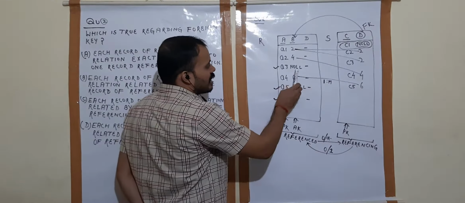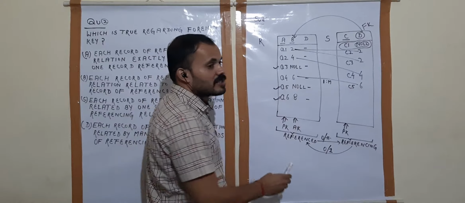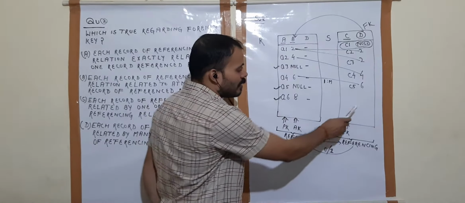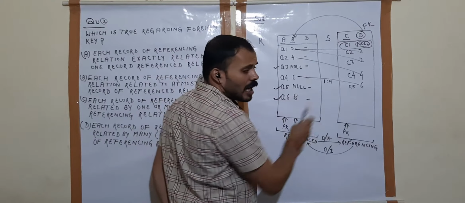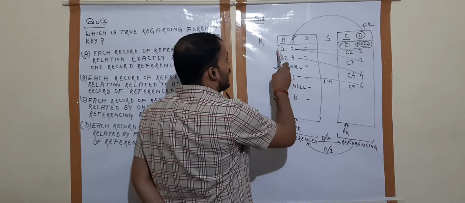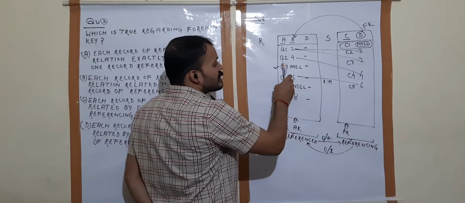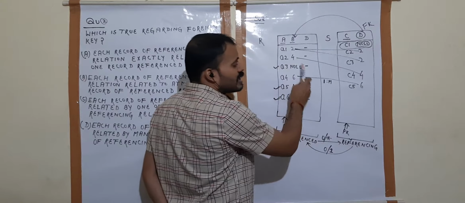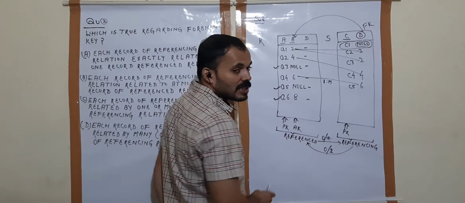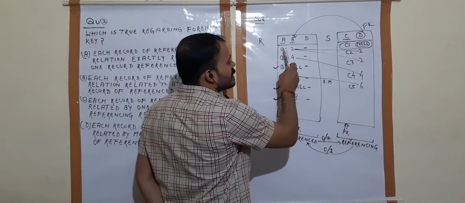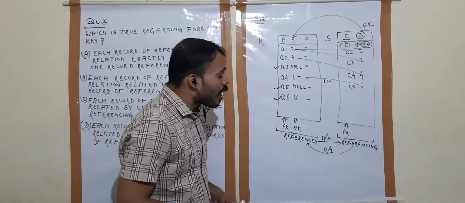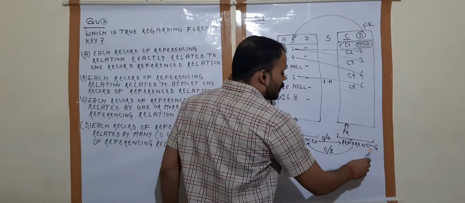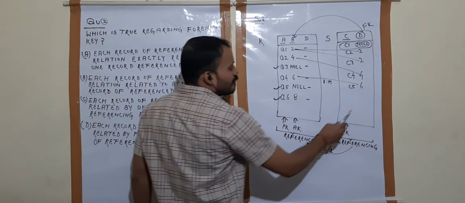See here, A3 null, A5 null, A6, 8 is not related with any record of the referencing relation, but A4, 6 is related with one record of the referencing relation, and A1, 2 and A4 is related with A2, 4 is related with one record of the referencing relation, and A1, 2 is related with two records of the referencing relation. And now when we see from referencing to referenced,